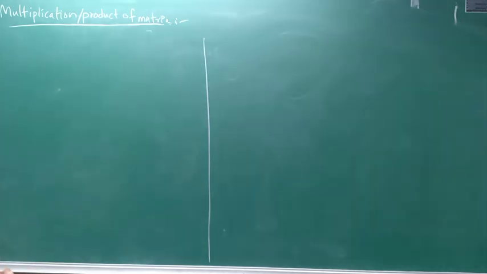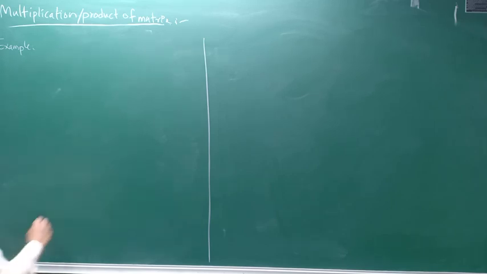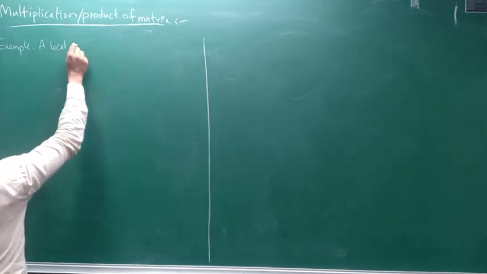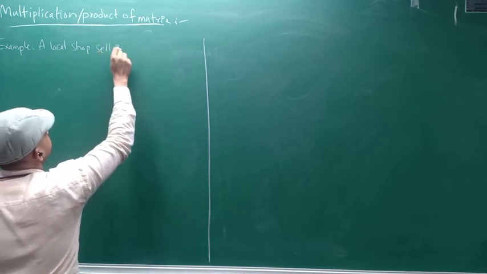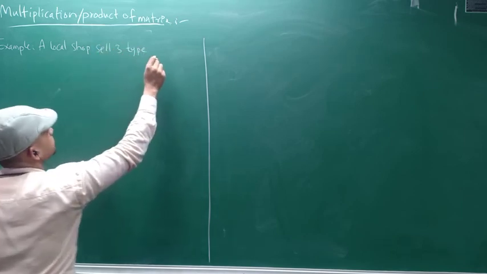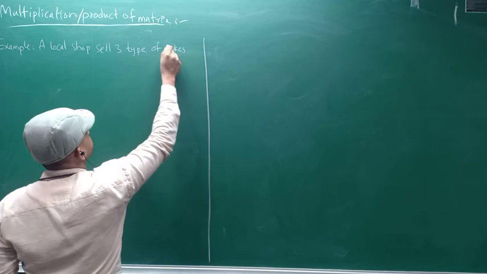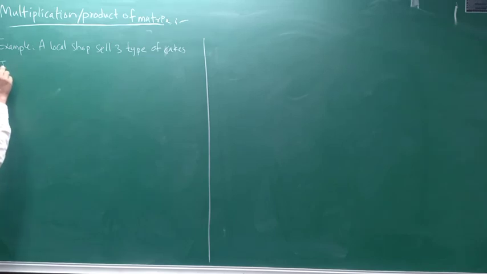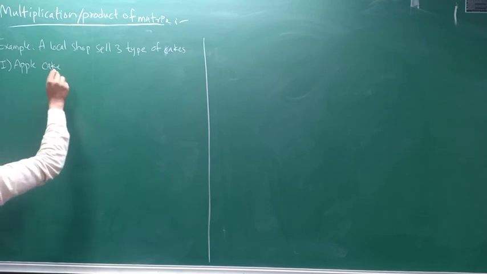Okay. So now let's suppose a local shop sells three types of cake. The first type is apple cake. Second type is